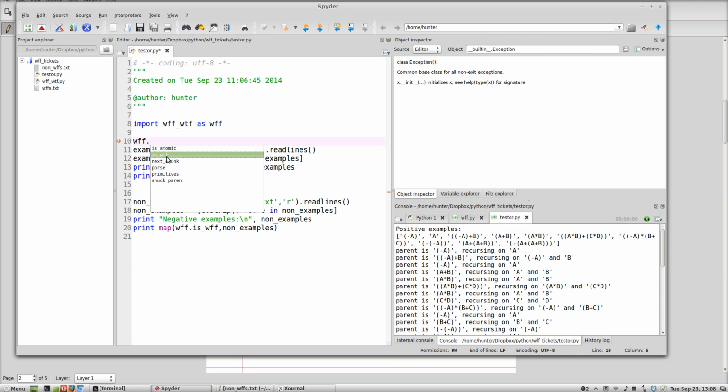This is WFF, which is, is a woof. And that one's pretty complicated. That's the top level function that calls some of these other functions as helper functions. This function is called next chunk. And that's an important function, so maybe I can